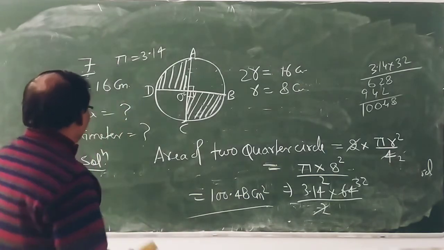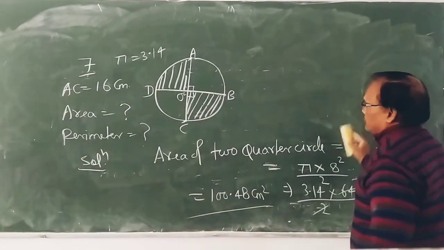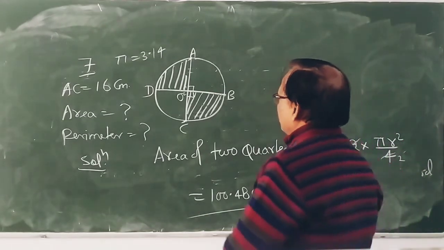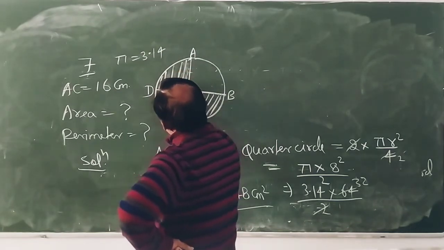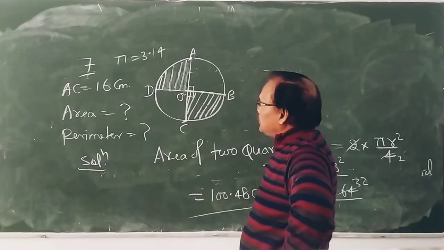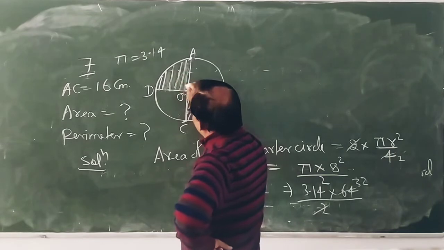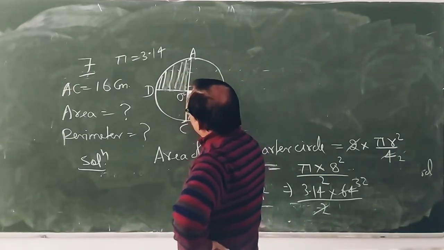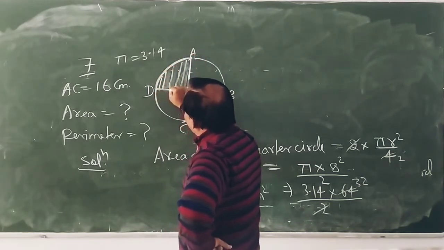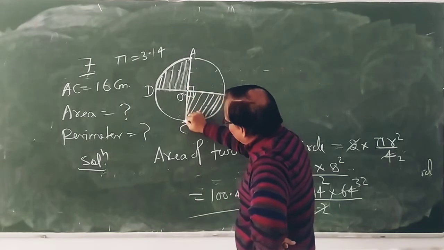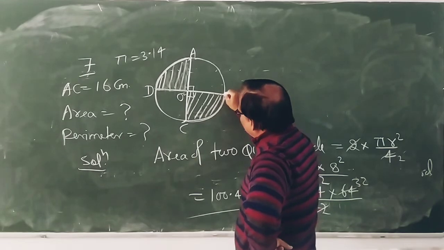Then the perimeter of the shaded part. Perimeter of the shaded part means what perimeter you will do. Shaded part जो मतलब perimeter जब कहा जाता है तो how much portion is touched with the shaded part. कितना portion इस सर्कल का जितना पूरे सर्कल का टच है. You can see here OA is touched. This part is touched. This part, this line is touched. This one is touched. You can see the shaded part is touched with this line, with this part, and with this part.